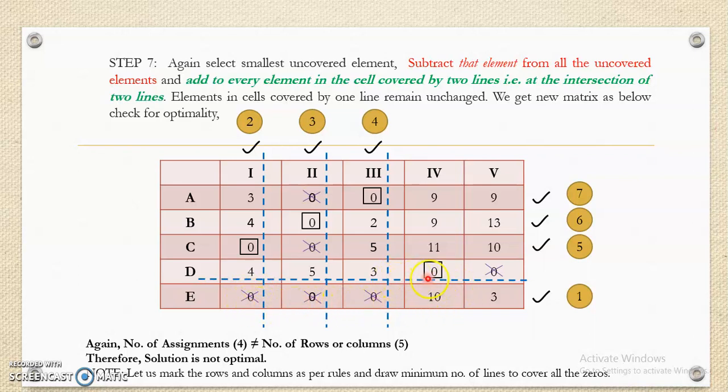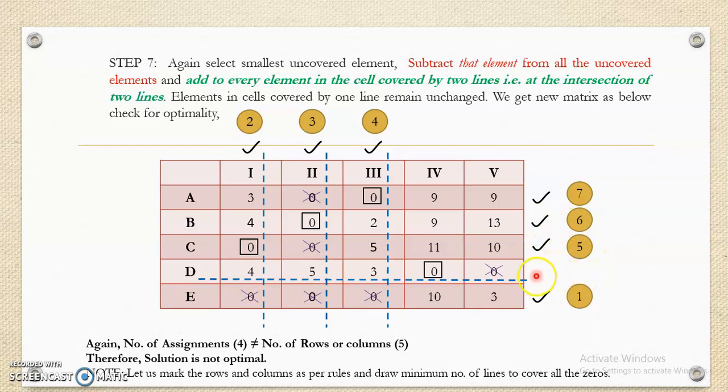Now observe, we have availability of two zeros here. So along the column check, this column has only one zero, so assign this one and cross this one. So the number of assignments is not equal to the number of rows or columns, therefore the solution is non-optimal. Again the usual procedure: mark the rows. Marking will start from a row which has unassigned zeros. So mark this row, then the corresponding columns will be marked. Then consider marked columns and consider assigned zeros. Corresponding rows will be marked.